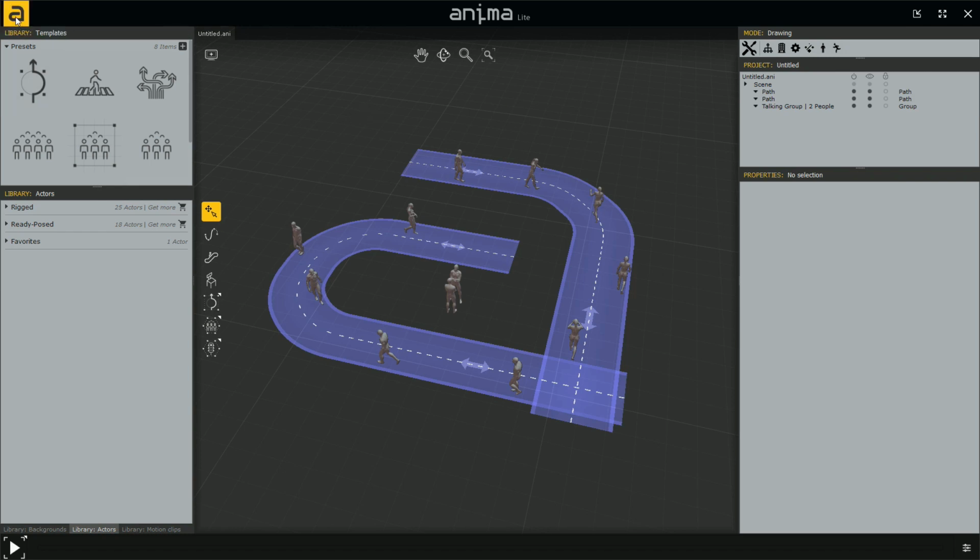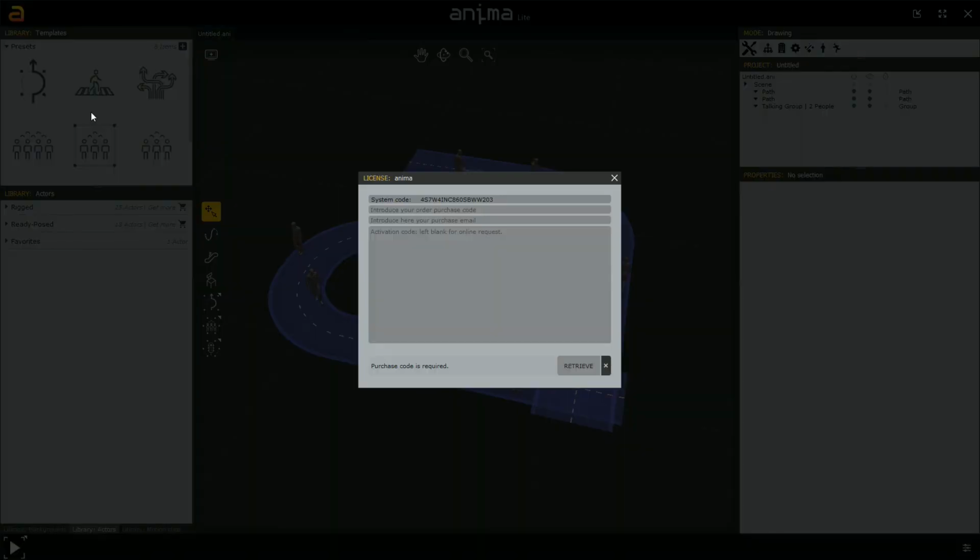We go to the top left on the Anima logo, we open the Anima menu, we go to Help and then click on License. Perfect. Here you have the license pop-up. The first text field you have is the system code. This is the unique code generated according to your machine's hardware configuration. On each computer where you install Anima and try to activate the Anima Pro license,